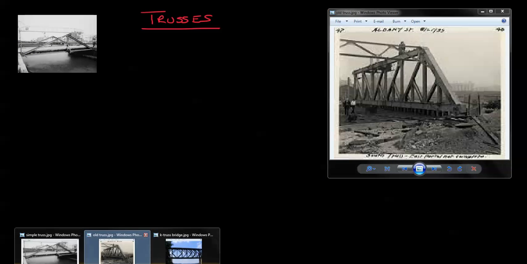Many of you may have heard the word trusses before. Trusses are a common use of taking multiple beams and putting them together in such a way that they can support good loads. And you've probably seen them all over the place. We're going to spend this module talking briefly about what makes them work, why they're so useful, and how we